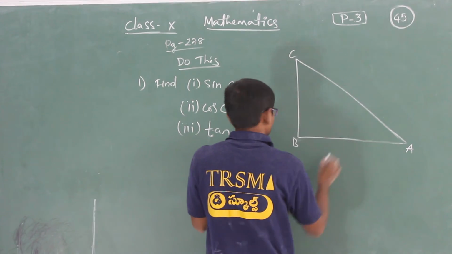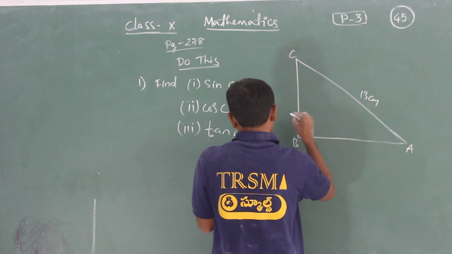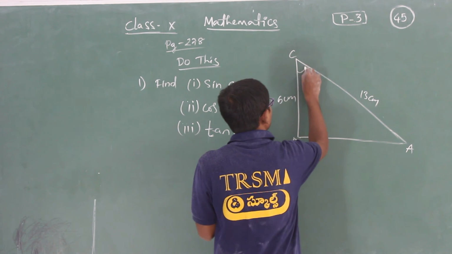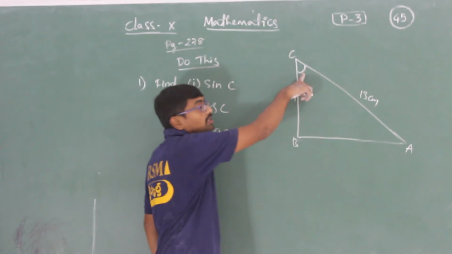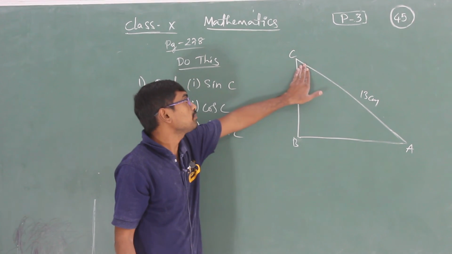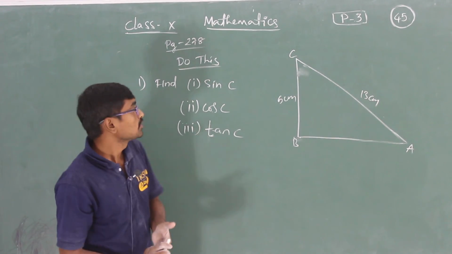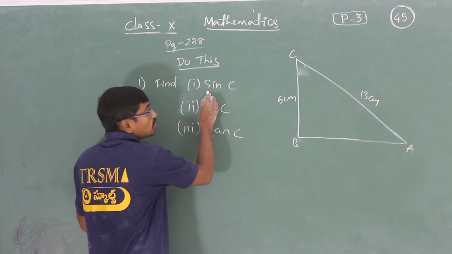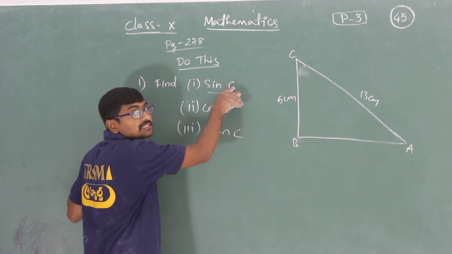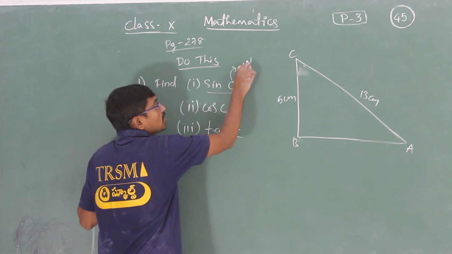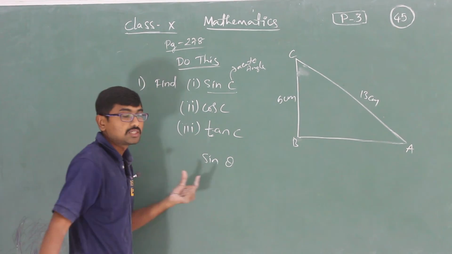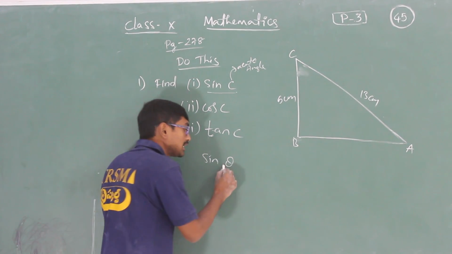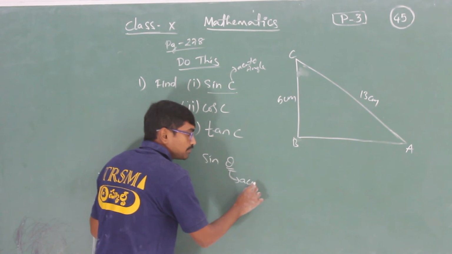This is C, this is B and this is A. Here he had given 13 centimeters and here he had given 5 centimeters and acute angle is at C. Okay, if he had mentioned in like this here, it means acute angle is at C. If he is not mentioning here, you can come to the question sin C. So what C represents? Acute angle. Am I right or wrong? Always we are writing sin theta, the ratios in a form of thetas, isn't it? Sin theta. So what theta represents? It represents acute angle.